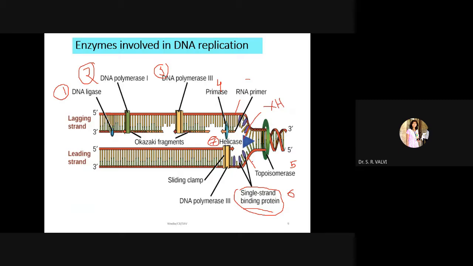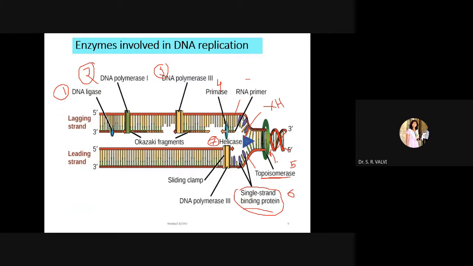So this binding protein, who are they going to bind with? They are going to bind with the nucleotides of this strand, the parental strand. Now next, here you can observe topoisomerase. See here, this is in green color, topoisomerase, right? Topoisomerase prevents supercoiling. Again, are you observing this coiling of the DNA? So topoisomerase prevents the supercoiling.